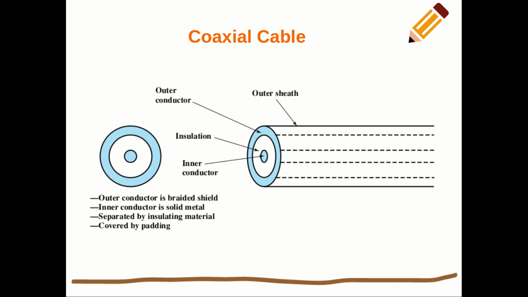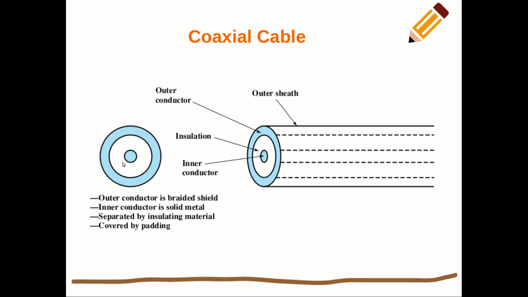So here you have a pictorial representation taken from the William Stallings textbook. You can view a typical coaxial cable like this. There is an inner core, the inner conductor, and there is an outer conductor also. Between the inner conductor and outer conductor we have an insulation separating them. Just like our twisted pair where two conductors are twisted, here instead the conductors are arranged like this and separated by insulation, and over everything we have the outermost shell. So that is the basic idea.